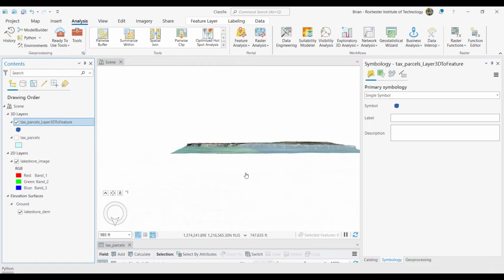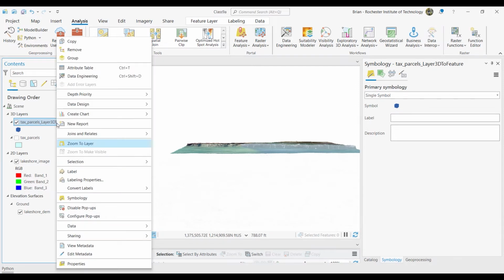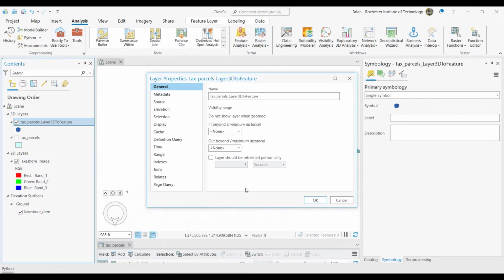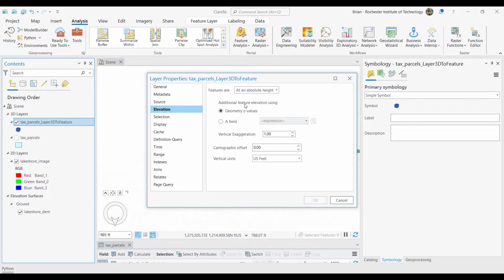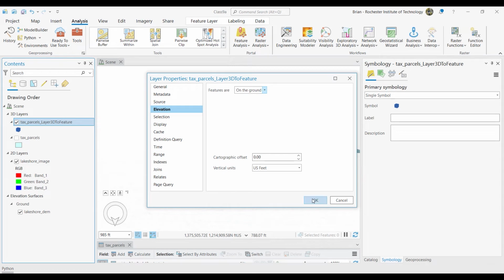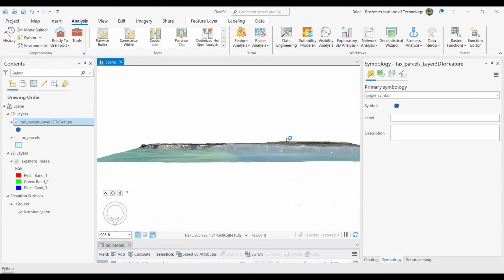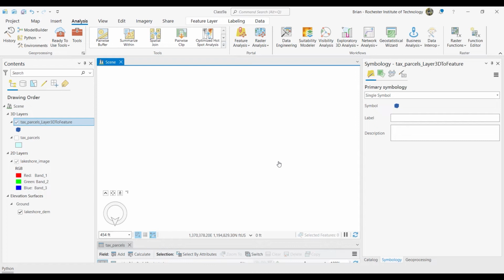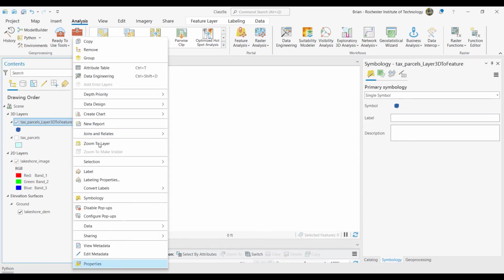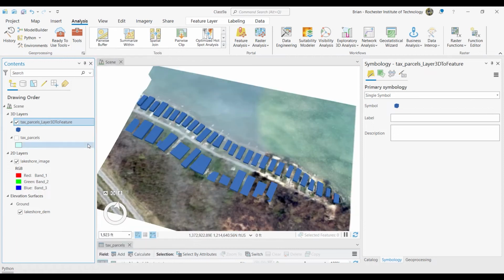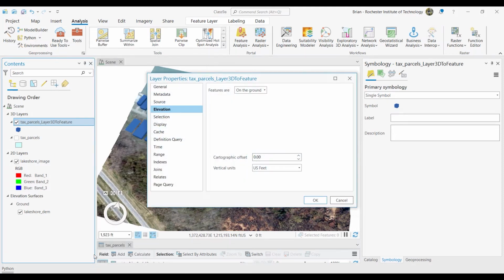But the way that you can change this if this happens is go right click and then go to the properties, elevation. The features are not at absolute height. They're on the ground. Let's see if that fixed things. Yeah. And so what I did was I right clicked, I did the properties, and now they're